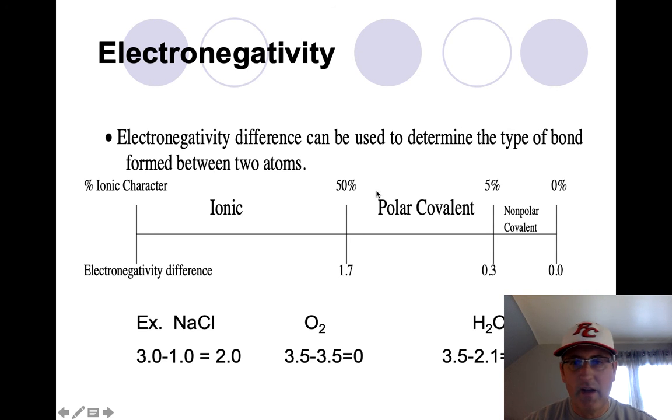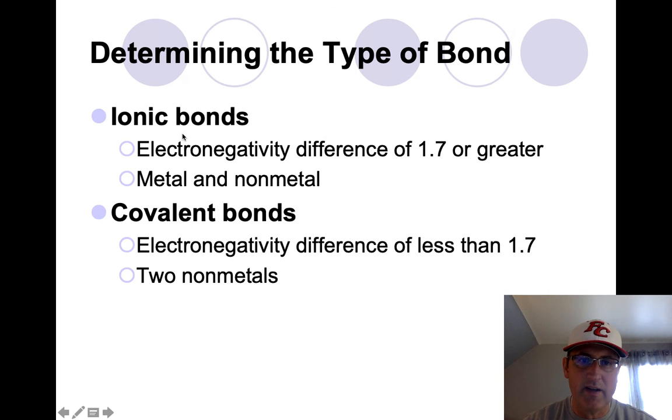So that's one way to look at bond type, to actually do the math with the electronegativity difference. There's one other way, if you don't have an electronegativity periodic table, that you can usually count on, and here it is right here. Ionic bonds usually form between metals and nonmetals. Metals usually have very low electronegativities, and nonmetals usually have very high electronegativities, so